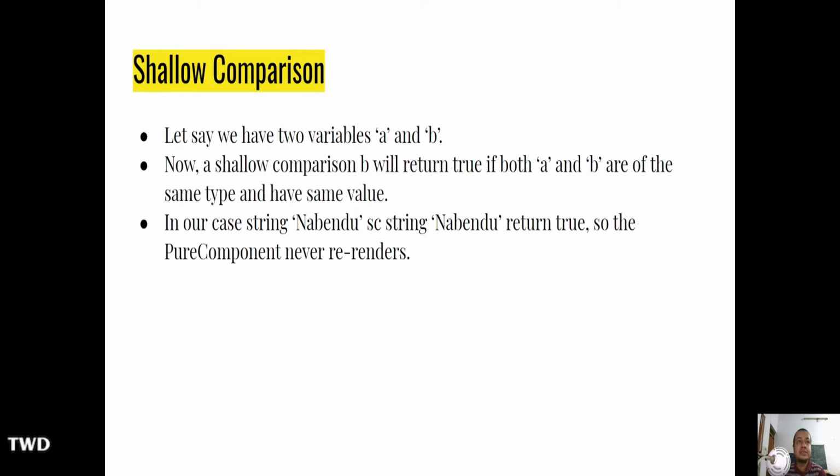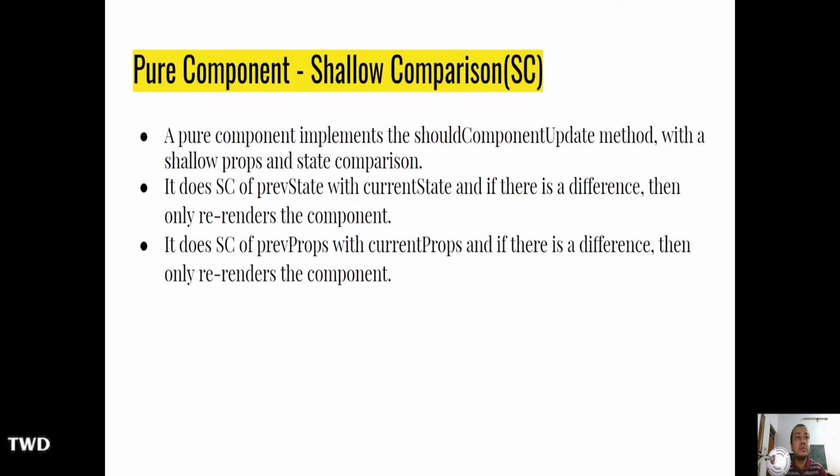So let's say we have two variables, a and b. Now a shallow comparison of a and b will return true if both a and b are of the same type and the same value. In our case, it is every time the string Nabendu; in the shallow comparison, it is a string Nabendu, the type is the same, so it returns true. So the pure component will never render. This is known as shallow comparison. Okay, so pure component,